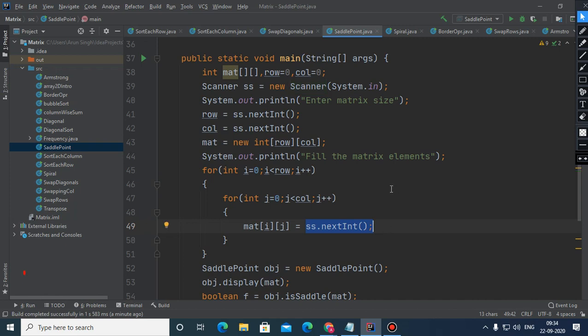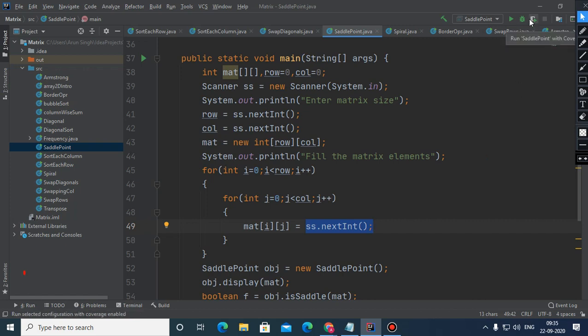It is creating a buffer inside and reading from there. That's why this facility is there with the scanner. But if you are using a temporary instance, after providing one integer value, the temporary instance eliminates itself. So it is not existing and a fresh new instance will be created. That's why it cannot utilize that buffer.